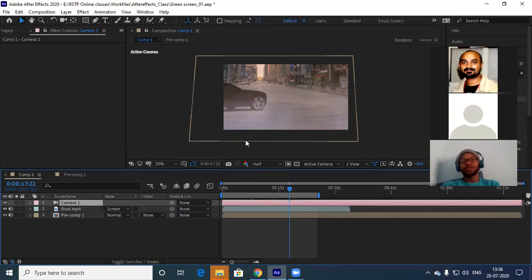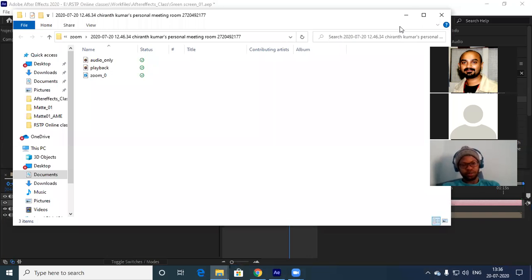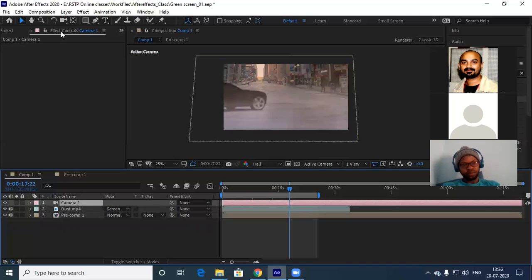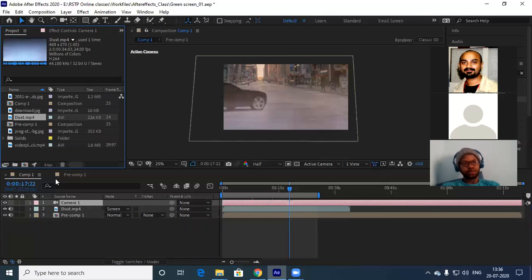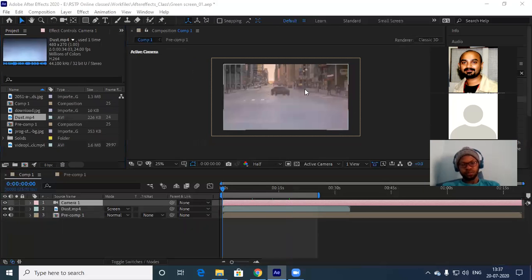Okay. So anyhow, this is part 2 we are doing, and I'm recording this also, screen recording. The first part's recording has already been done. I'll be sharing this. We have taken green screen footage and removed the green screen. This is how we are working with this. The car footage is different, the background image footage is different, and we have done a wiggle animation also in this, so you can go through it in detail.